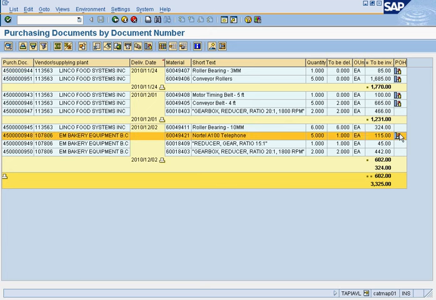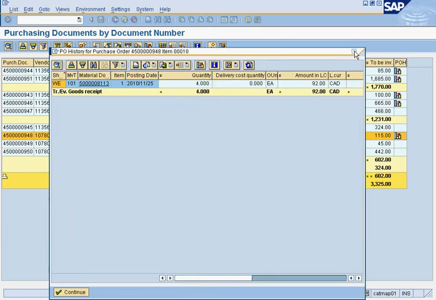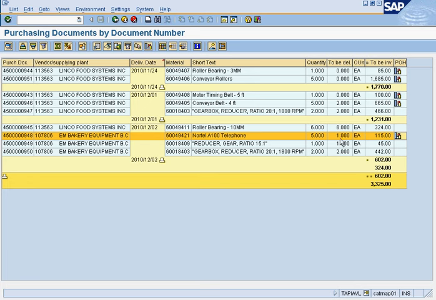We could click here, see 4 arrived on this date, see there's 1 left. These have been completed, completed. These are left to be done. So we'll now go check inventory. So if we go look at this part,